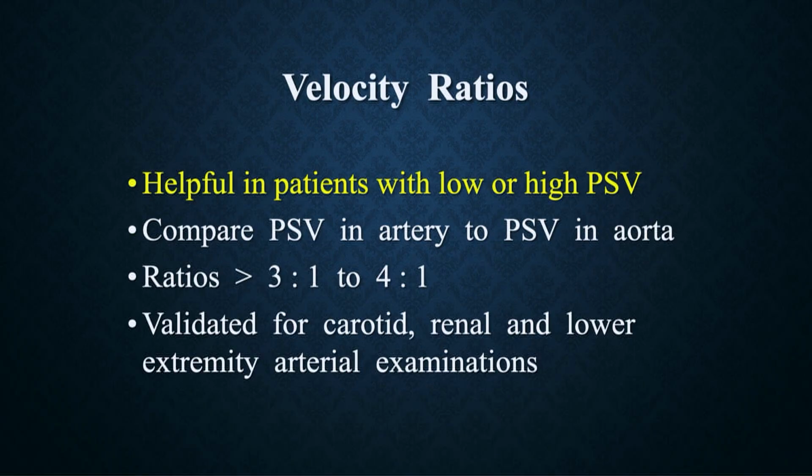So that's where the velocity ratios can come in. If you have really high velocities or very low velocities, you do the ratio. For example, in the renal arteries, we know we have a renal aortic ratio. We compare the velocity in the renal artery to the abdominal aorta at that level. Right? If it's 3.5 to 1, we know that that is a significant stenosis because the velocities are so elevated. In general, anywhere between 3 to 1 to 4 to 1 is considered a significant ratio that would be consistent